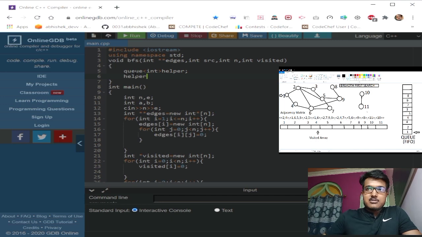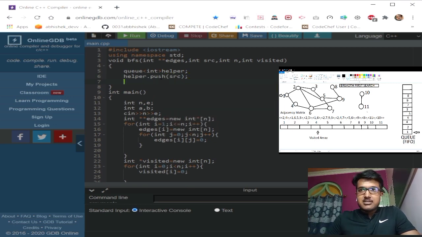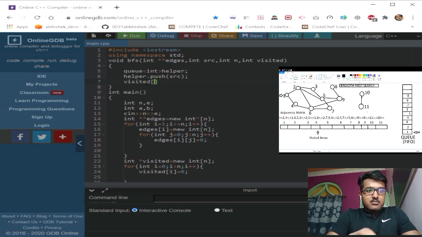As you see in the figure, initially 1 is inserted into the queue, so I'll insert 1 in the queue. After inserting into the queue, at that time I also mark the visited array as 1 because I visited 1.